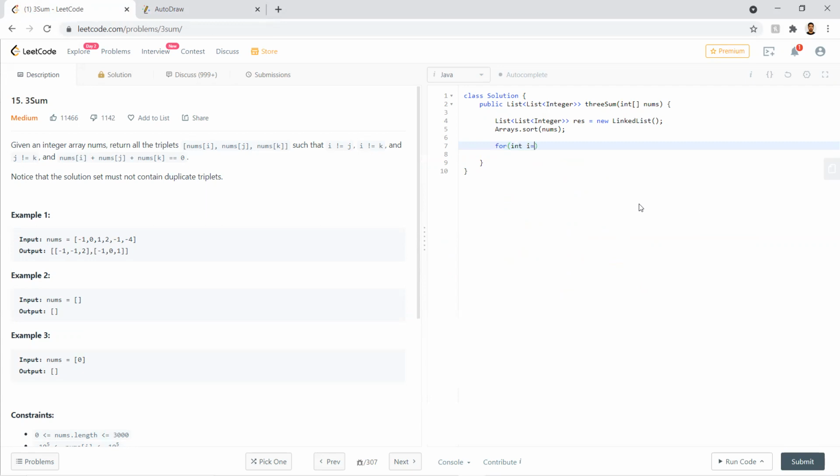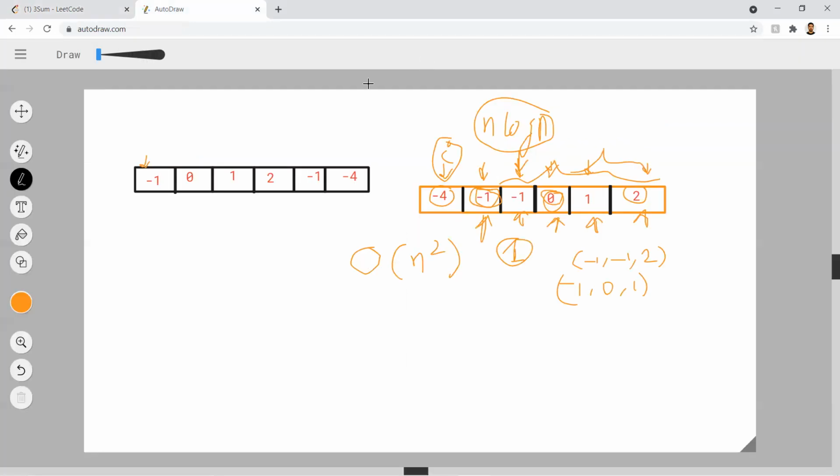So after sorting it, I'll start from i is equal to 0, and I will go till, as I have discussed, I need to go till here, since the minimum of two elements will be present in the subsequent array. So I'll go till length - 2, and in there I need to take a high element. Once again, as I have discussed, if the i is the same in these two parts, I need to increment the i also.